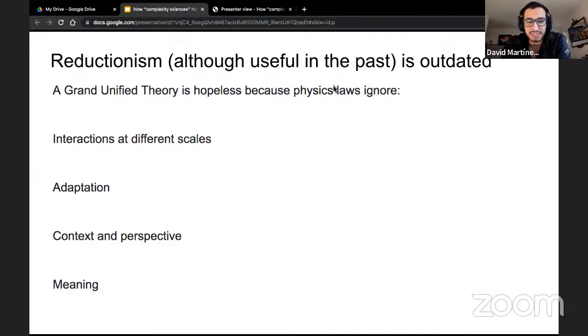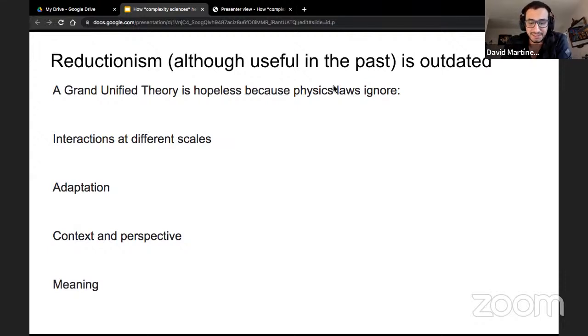Complex systems also present adaptation, and the interaction data also generates a new context and perspective. And this, in consequence, brings meaning to complex systems. And as you must be imagining now, most reductionist scientists ignore completely things like meaning.